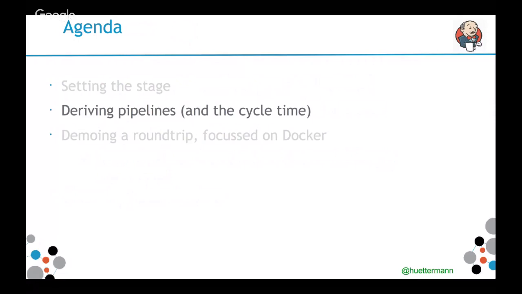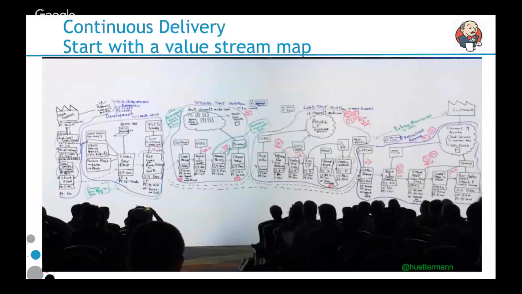So now let's continue to deriving pipelines to manage actually, and to visualize and to improve the cycle time. This is, I think, a very neat and meaningful example of a value stream map that was provided as part of a keynote some weeks ago at Jenkins World, a great conference, by the way. And this value stream map is a map provided by Microsoft, right? So you see some stages, and you see some activities, and hopefully not so much waste time, but lead time,